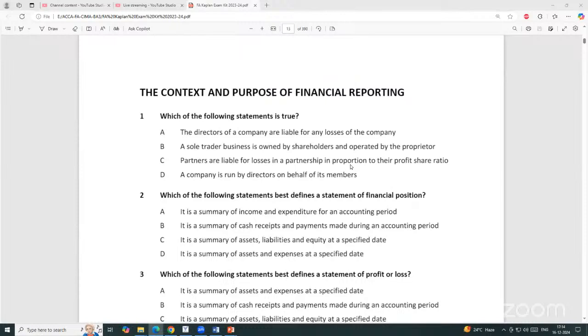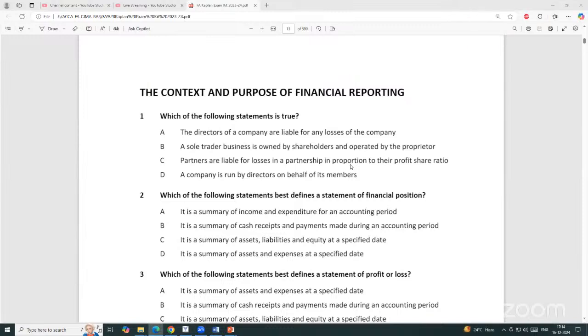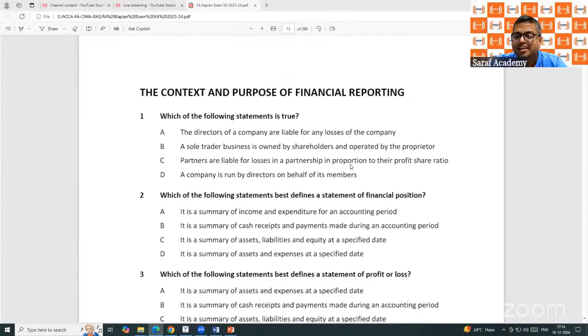So the directors of the company are not liable for any losses because the losses are actually of the company itself, like members or the shareholders are not liable. They are separate entity. But they are talking about directors, not the shareholders. So they are also an employee of the company itself. So say directors are the employee. Suppose your father is working in a company, steel company, and if the steel company suffers loss, your father is not going to pay anything for that.